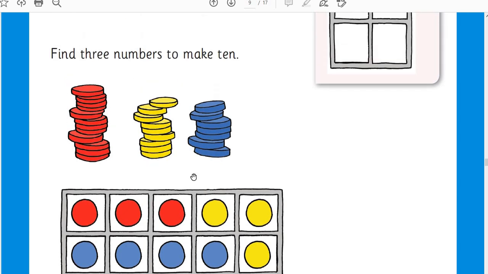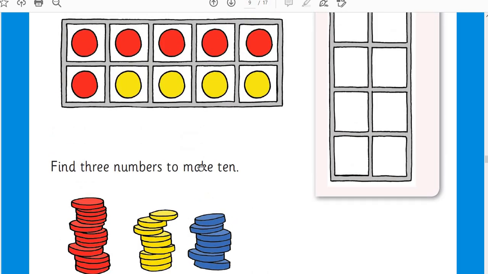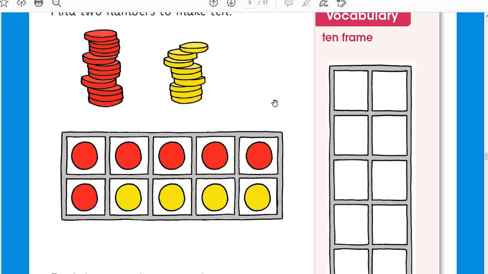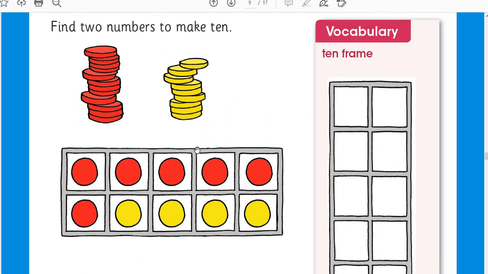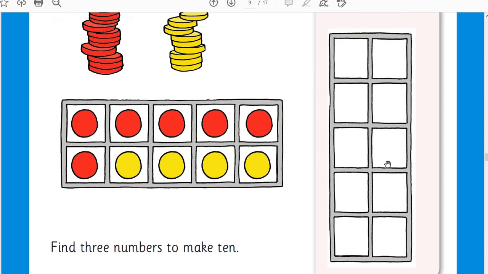The same way you can draw in page 7. You can draw here 10. As you wish. You want take 5 red and 5 yellow. You want 6 yellow and 4 red. As you wish. You have to draw here in the same column and you have to complete page 7.